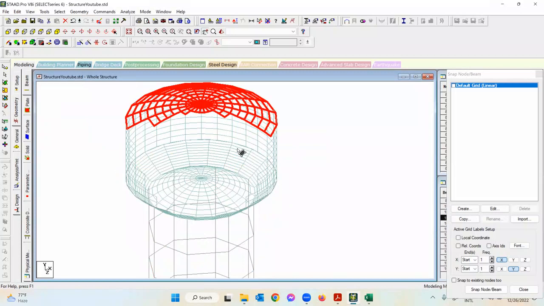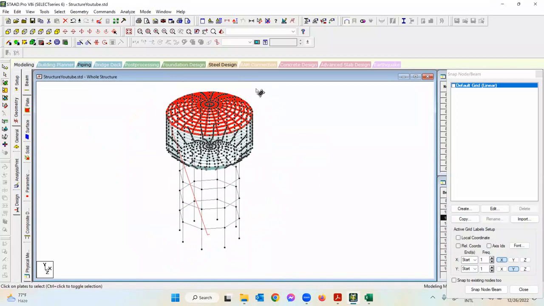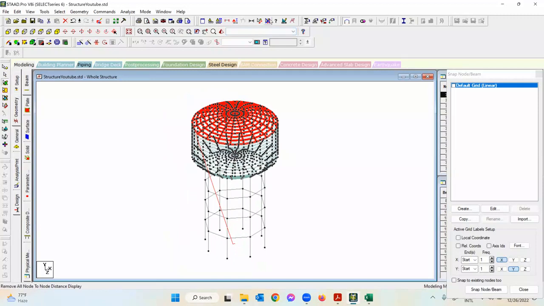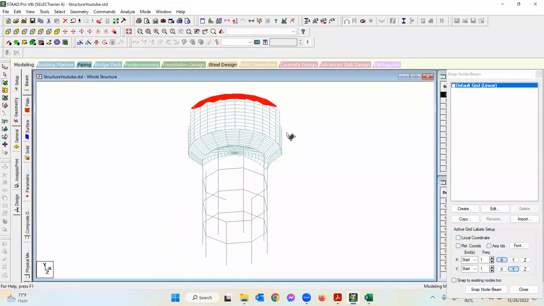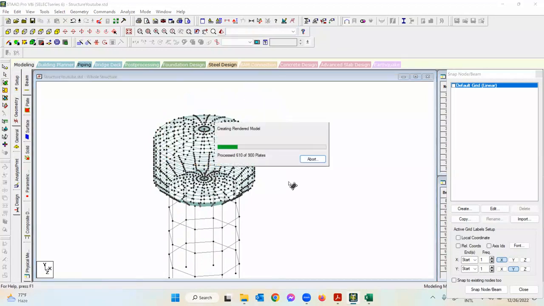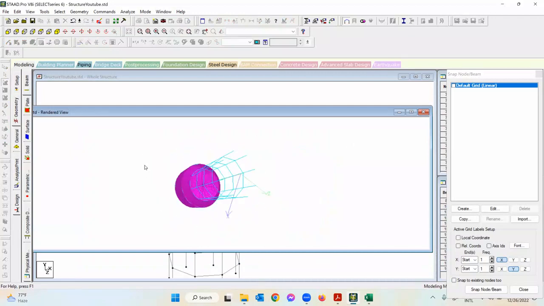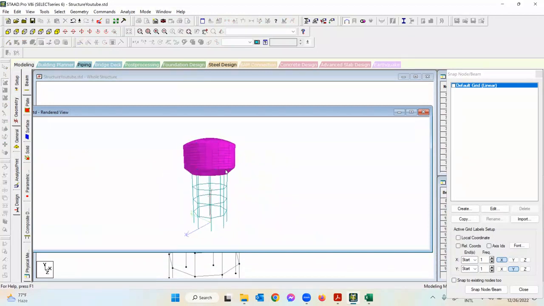So hopefully it has placed in the correct position. You can see, and let's see a rendering view too. We can just click this one to remove the dimension option, and then let's see a rendering view. So as you can see here, it has drawn all the components of the Intze tank. Only it's showing the shells as a surface and the line diagram of the beams and columns and